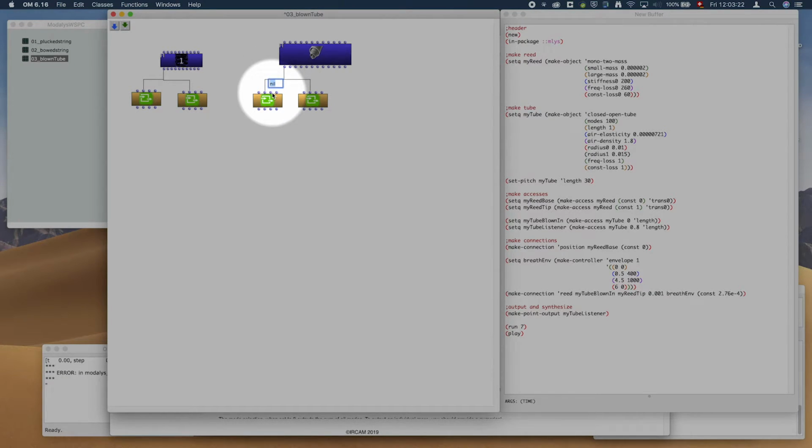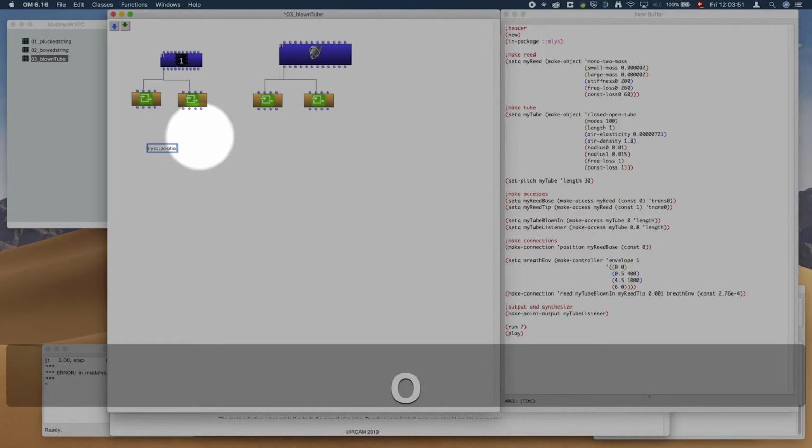The connection here is 0, but it's long, and here it's 0.8, what we typed in, and it's also the length. Why it's called long and not length? Who knows? Maybe another programmer at work, but I can still get it. Okay. Now for the blocked read, we need the position connection,